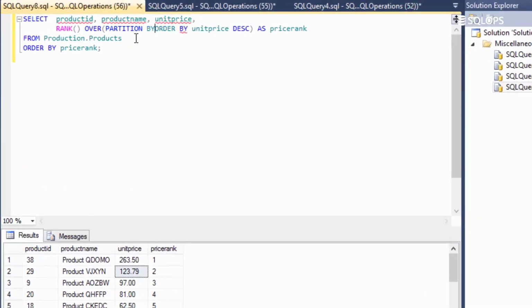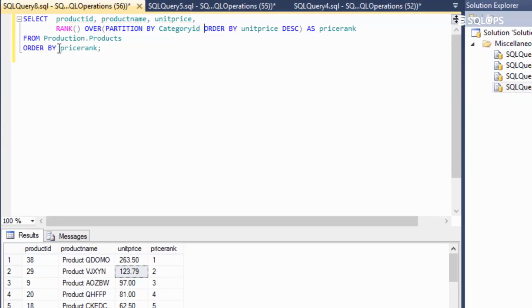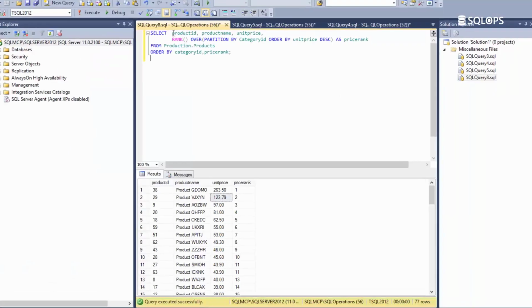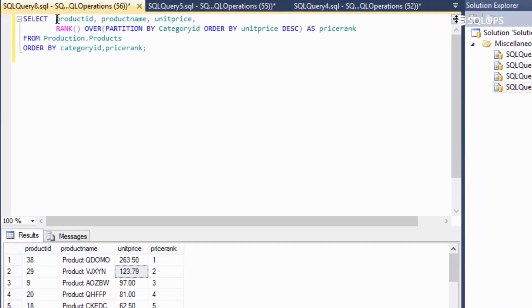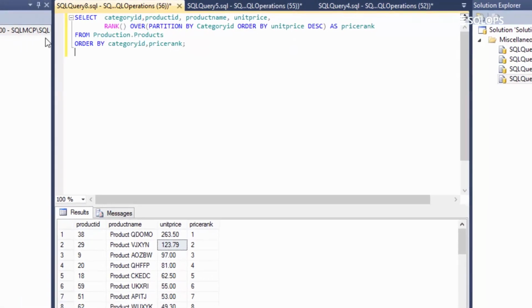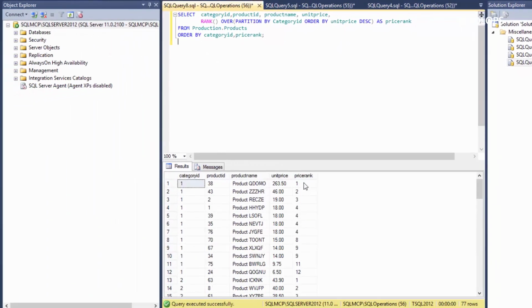Partition by category ID, and let's add the category ID to the order by clause also. Before we execute this query, let's also add the category ID in the select clause. Let's click on Execute, and as you can see, the price ranks are dependent on the category ID as well